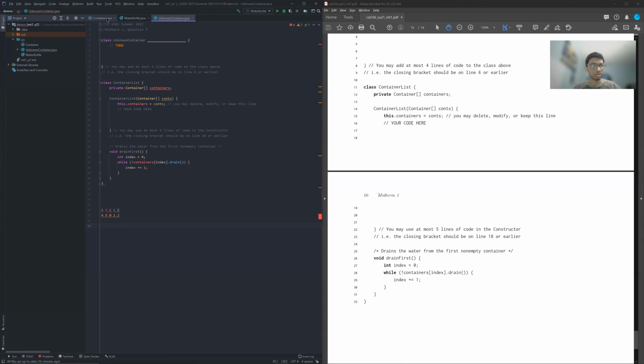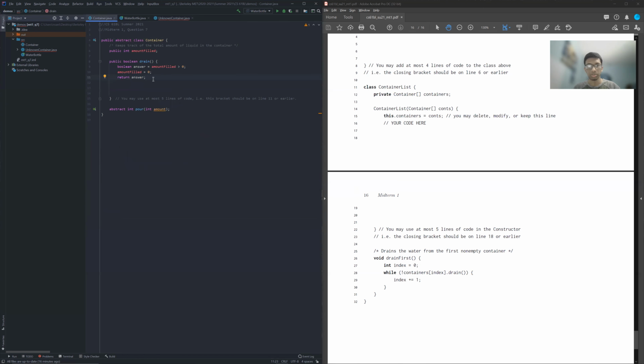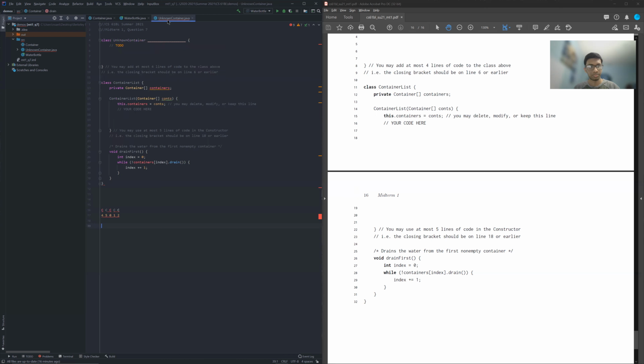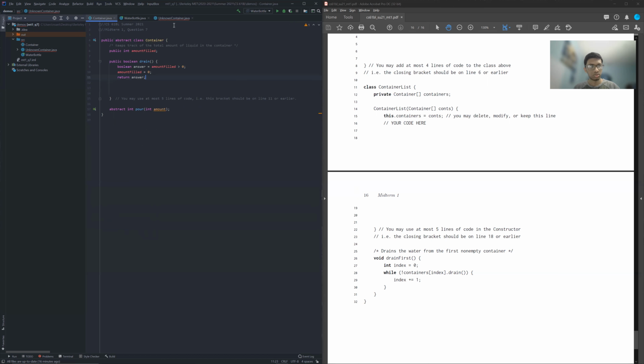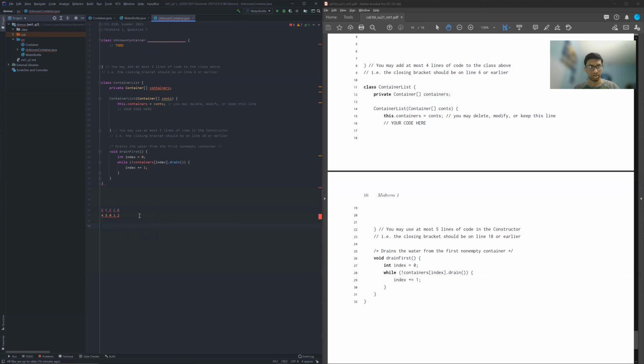Well, how did the drain method work? If I remember correctly, the drain method was what we implemented in part A. We create an answer for whether or not the amount filled is greater than 0, then we set it to 0, then we return the answer. So 4 means that the answer is going to be true. So we're going to return true and set it to 0. Returning true means the while condition becomes false, so we break out of the while loop, and that's it. Basically, we set the first one to 0 as a result of calling drain, but everything else stays 5, 0, 1, 2. Well, it looks like it works, right?